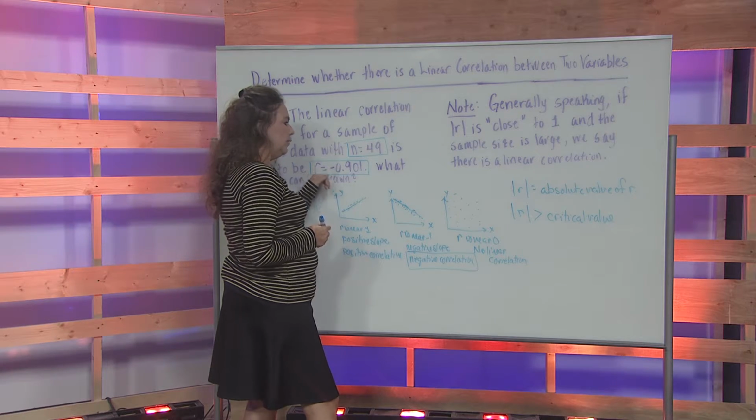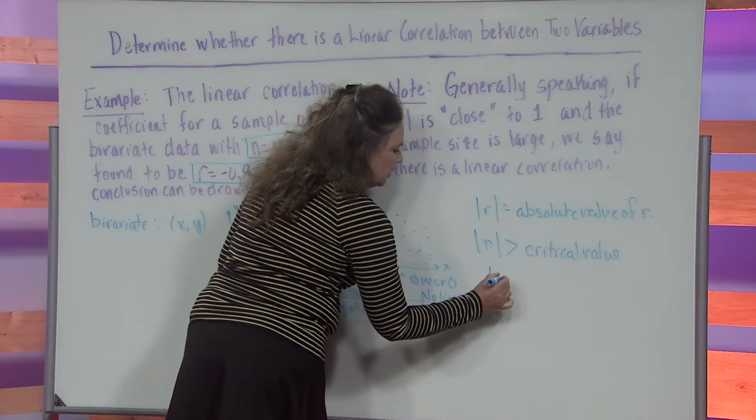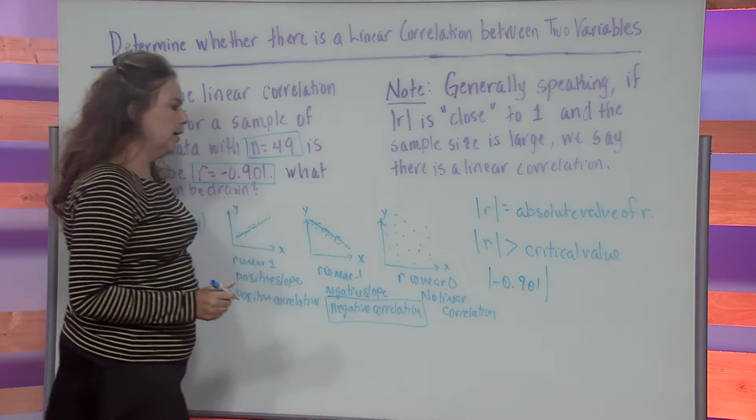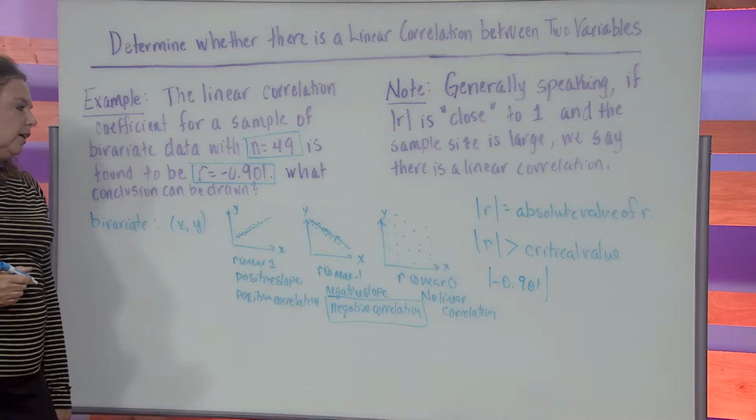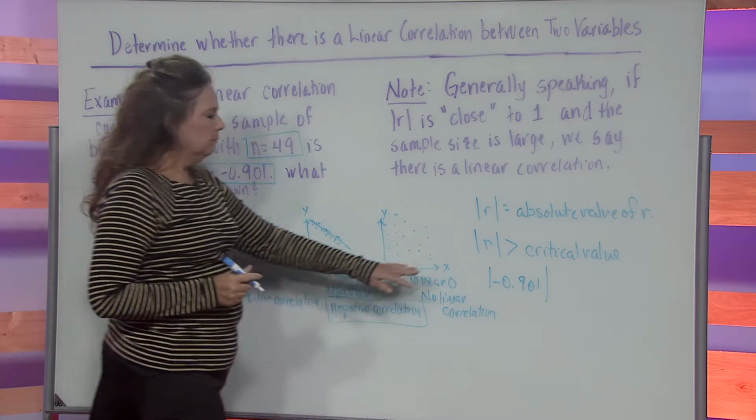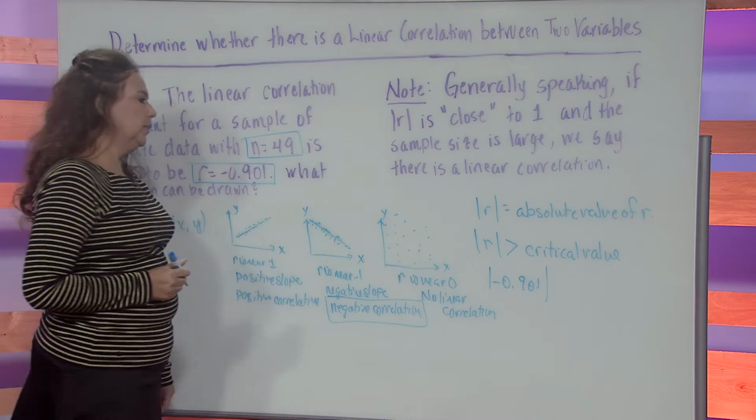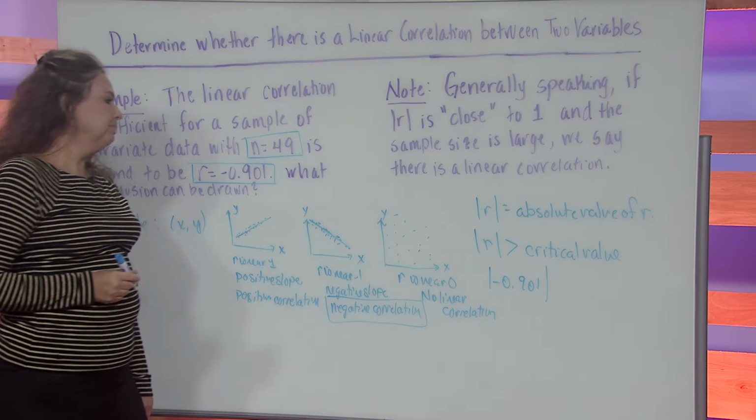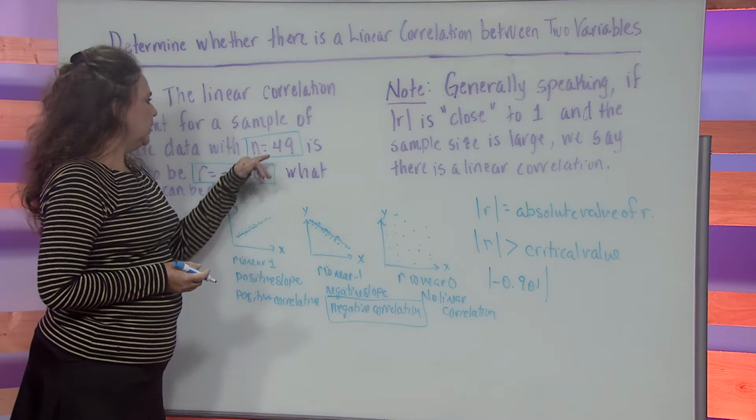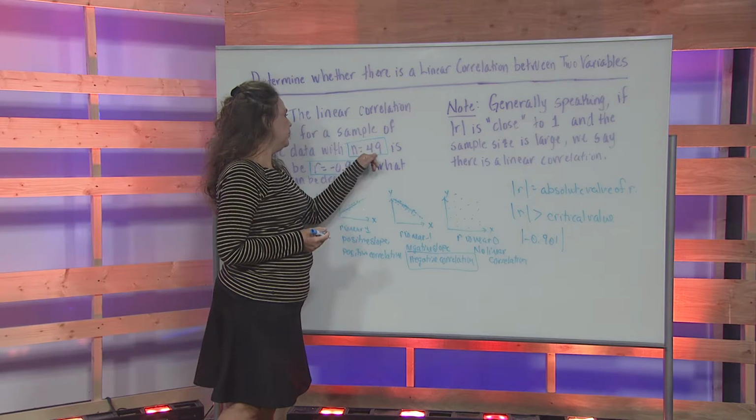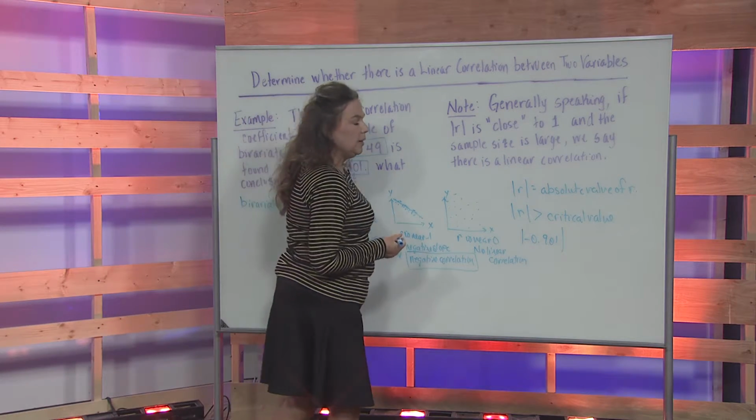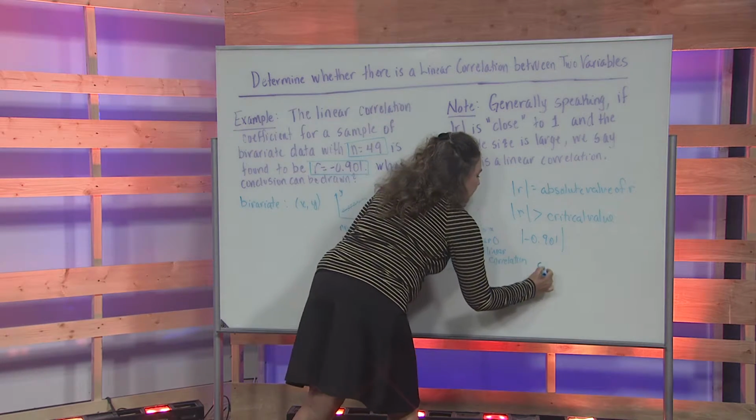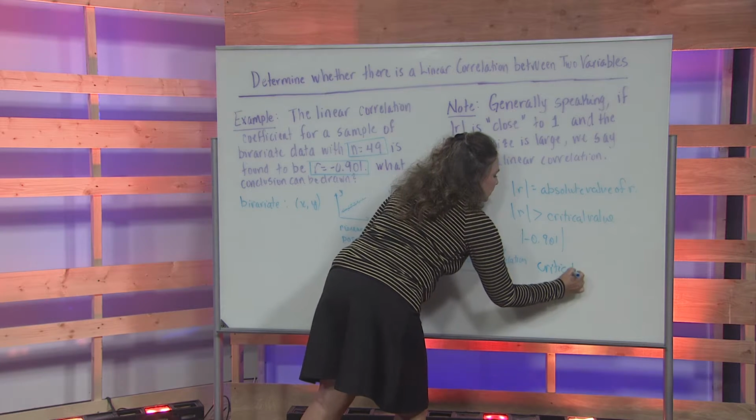So we're given the value of r, that's negative 0.901. I'll put that in absolute value. Now for the critical value, I would need to refer to a table and look up the critical value, using the sample size. In the table I looked up, I chose the closest value to n equal to 49, which was n equal to 50. And I found that the critical value